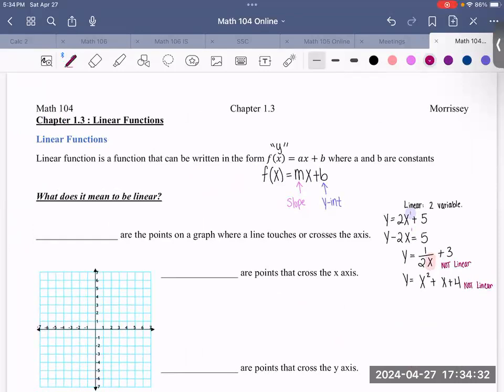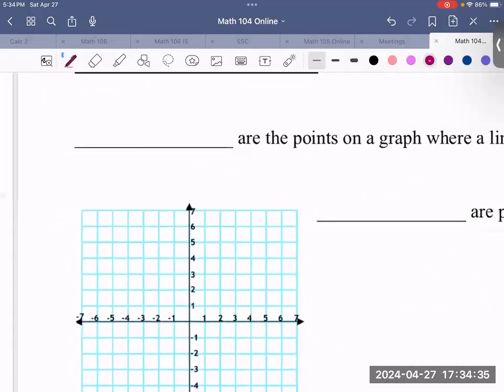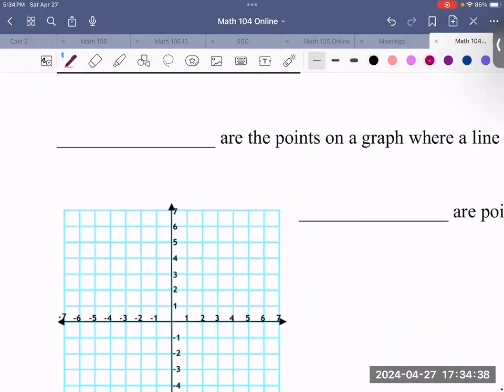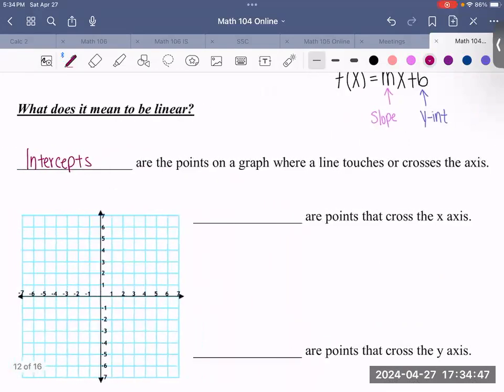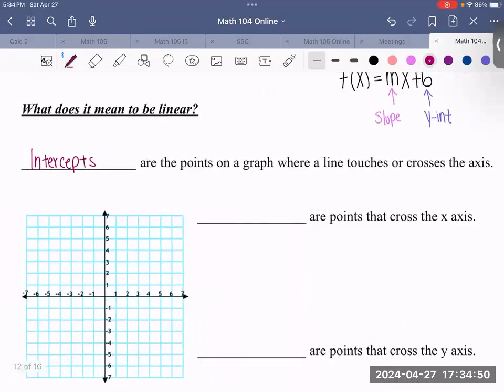So if we are to continue on, a straight line will have intercepts. And intercepts are points on the graph where the line touches or crosses the axis. So you can either have one that touches the y-axis, which would be your y-intercept, or your x-axis for your x-intercept. So your x-intercepts are points that cross the x-axis. These can also be called solutions,